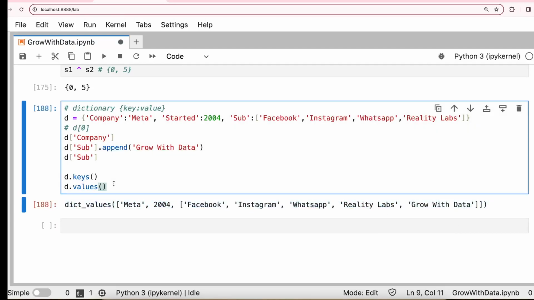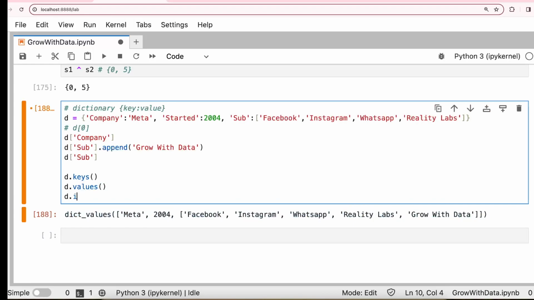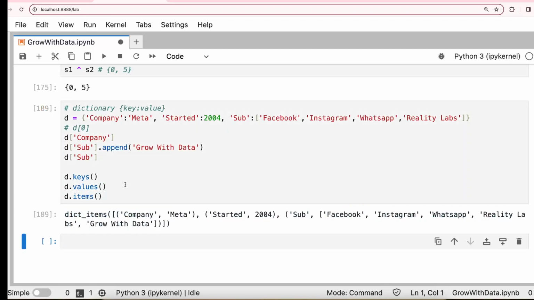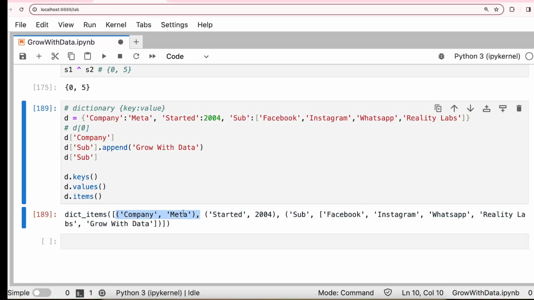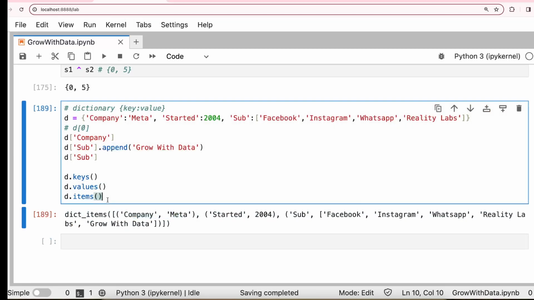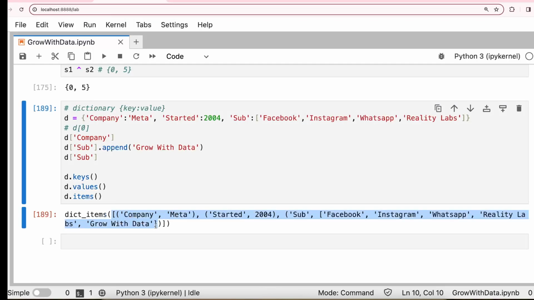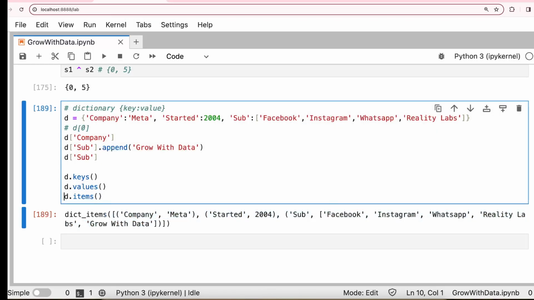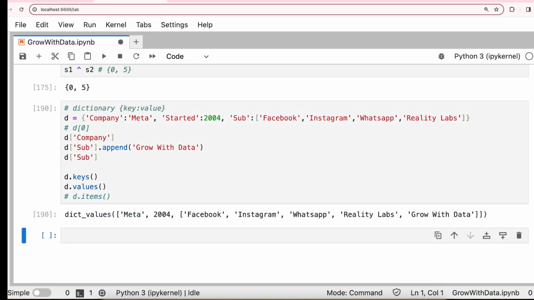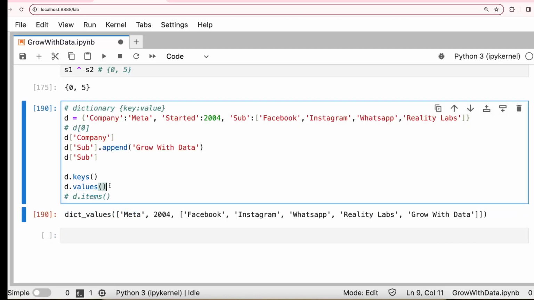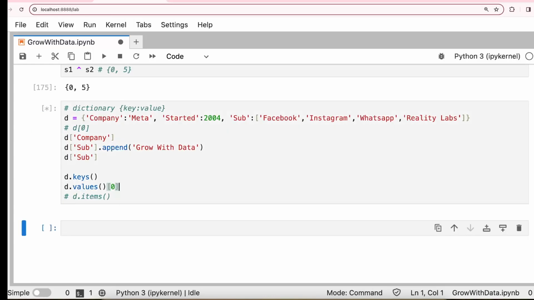If I want to get both key and value, I say D dot items. This will give me the key and value. So D dot items is a list, right? It returns as a list. So even for values, all the values will be returned as a list. So if you want to get the first value, now I say 0 will give me